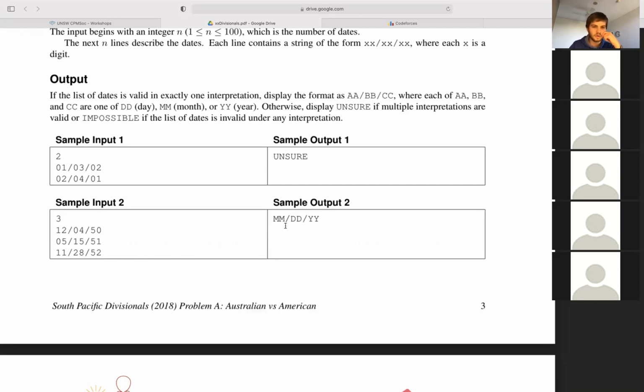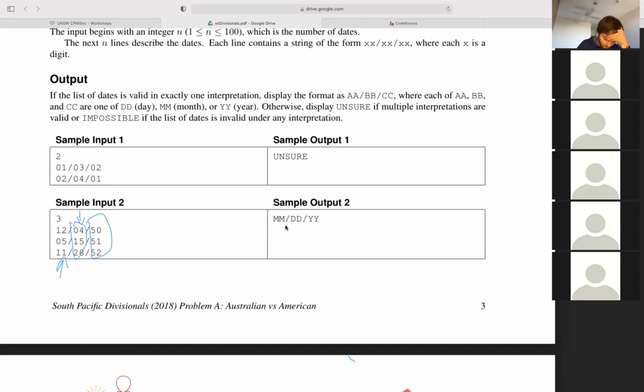It's your only possible one because, well, if you look at it, this number here is bigger than 30, which means the last one must be a year. Otherwise, that's invalid. Finally, this middle one here is bigger than 12. So this one must be days. And then this first one here must be months. So that's all that's left.